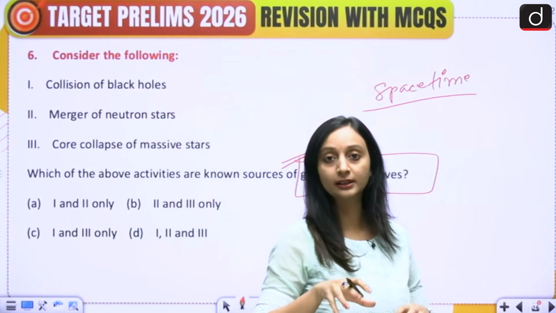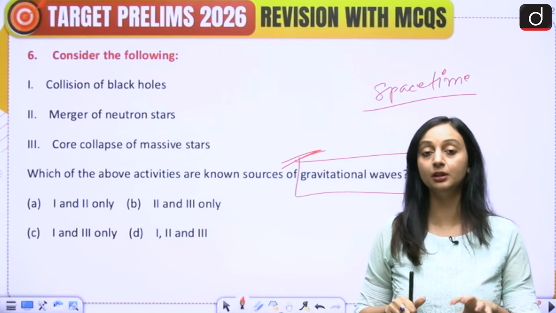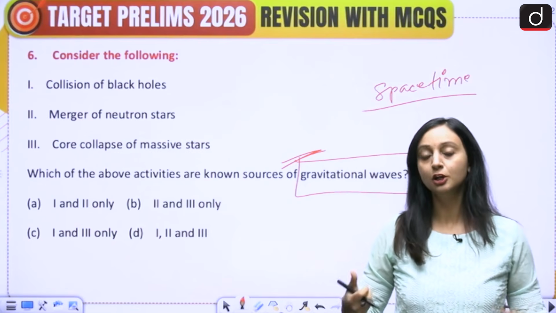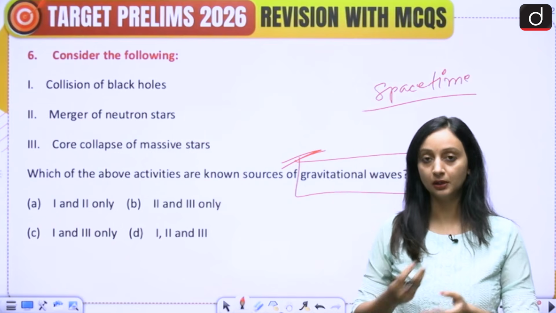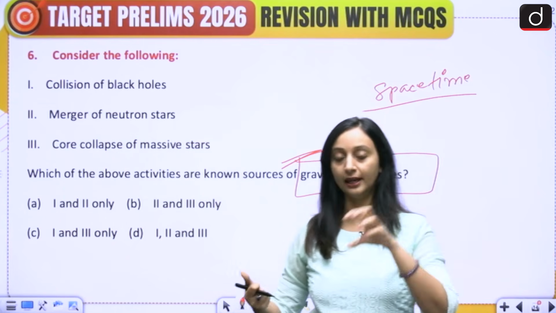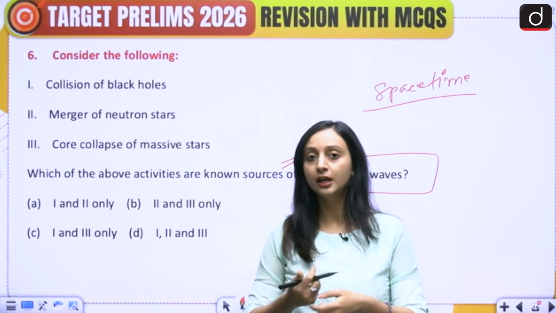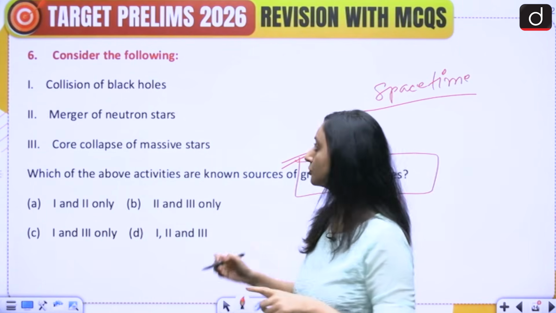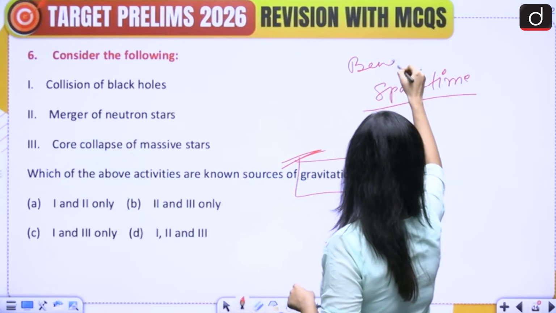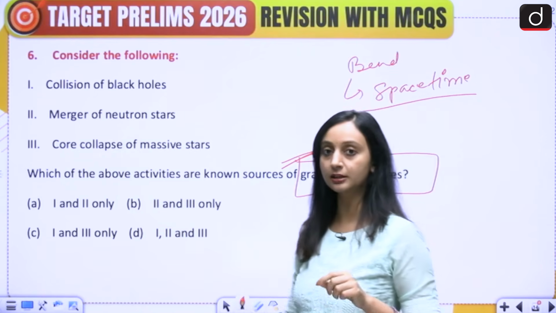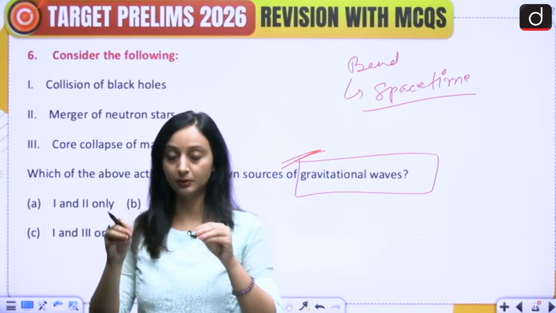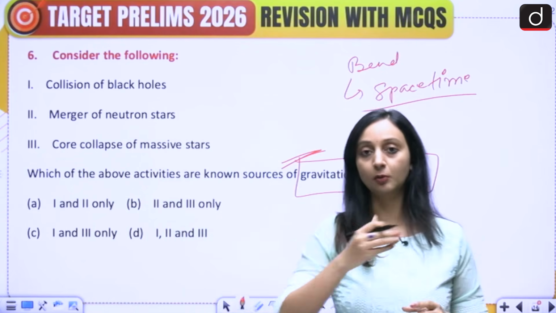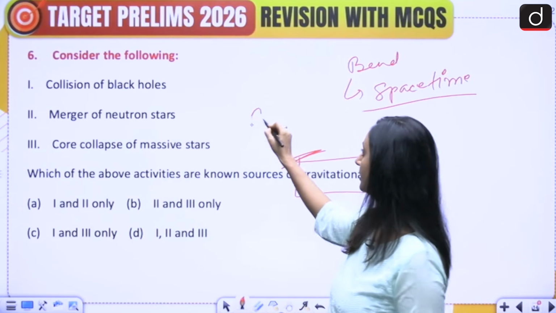Space-time is like a stretched rubber sheet, and there we have all these different objects. For example, if you imagine a planet being placed on this space-time, it is going to create a curve in this stretched sheet. If we put a heavy mass object there, it is going to create a dip, right? It is going to bend the space-time. So if we put Earth there, it is going to bend the space-time.